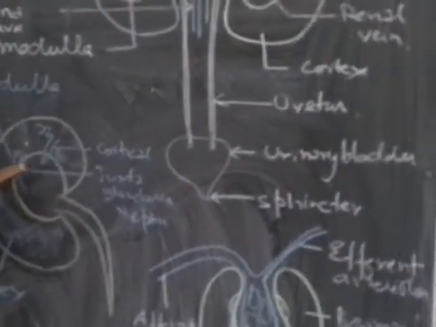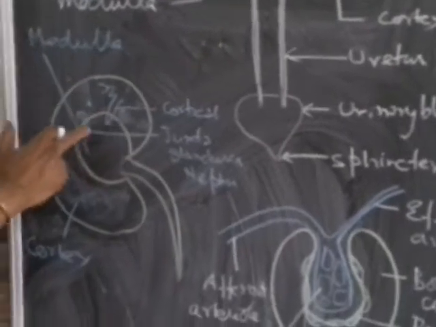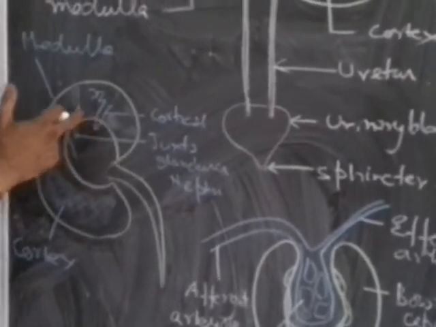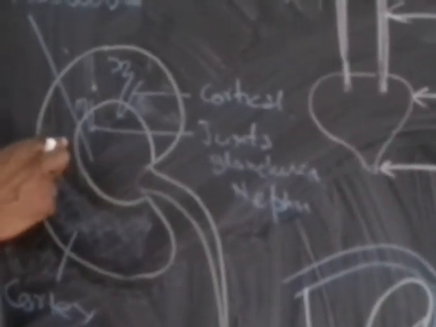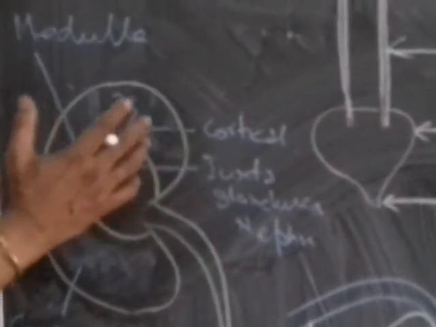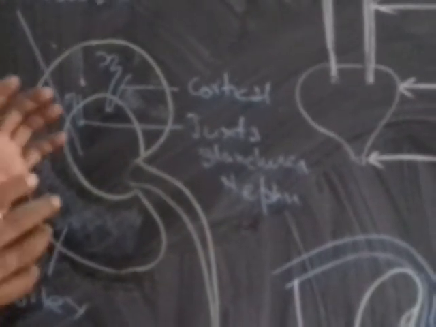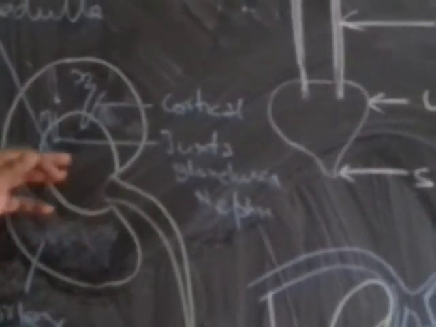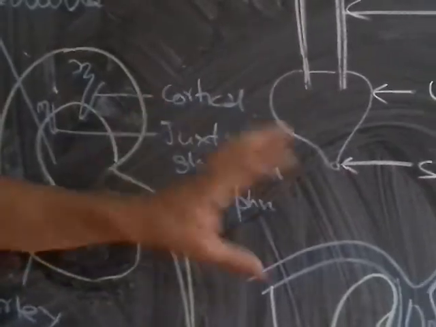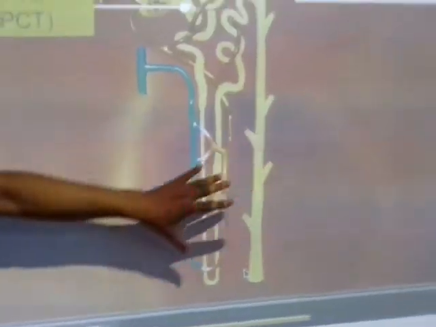Now, there are two types of nephron here. One is called the cortical nephron, which is deeply embedded in the cortex region, and some nephrons are there in between, just in the margin of the medulla and the cortex. That's called the juxtaglomerular nephron. And the number of juxtaglomerular nephrons and cortical nephrons varies in different types of vertebrates, also the loop of Henle. Now let us first of all see the total structure of the functional unit of the kidney.